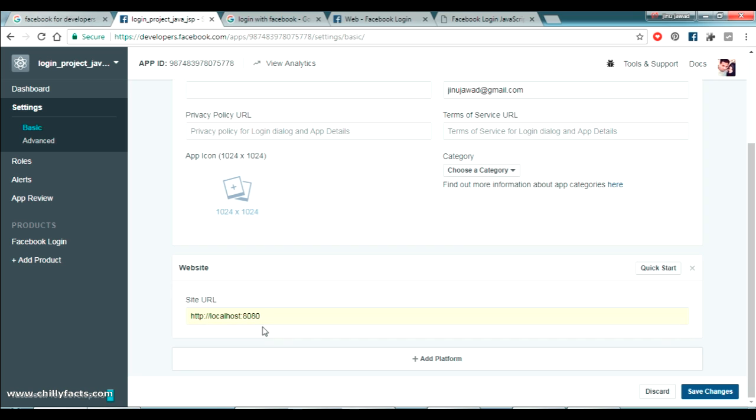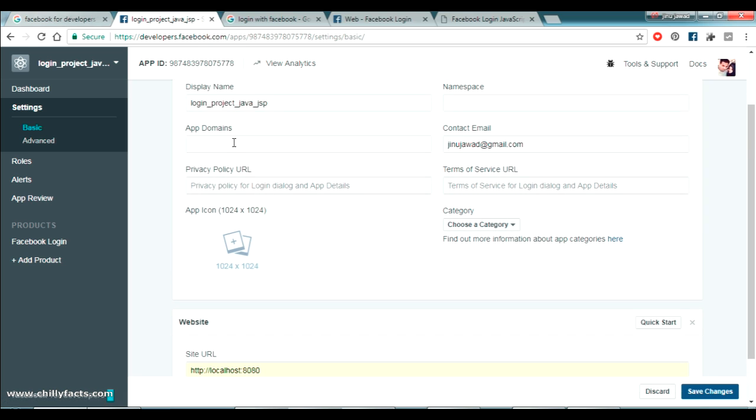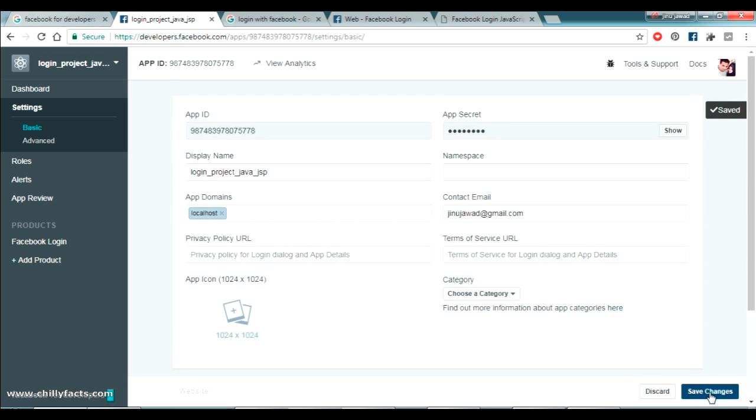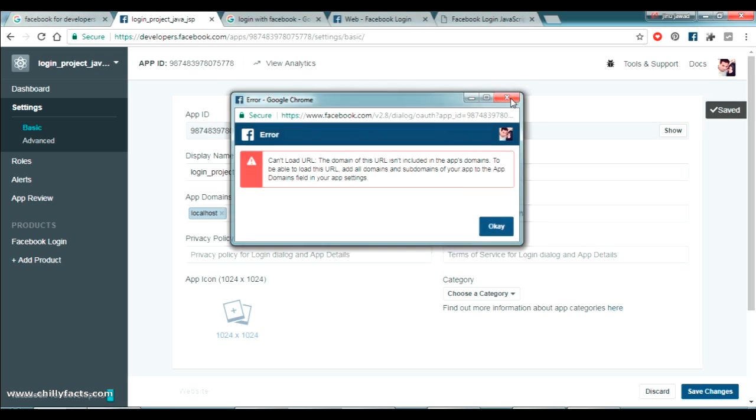Okay, add that, and now come to the app domains and just put here localhost. Okay, just enter localhost. So this is the app domain, and this is the site URL we have registered with our Facebook app ID. Okay, now just save the changes here, and once the save is done, you can close this and go